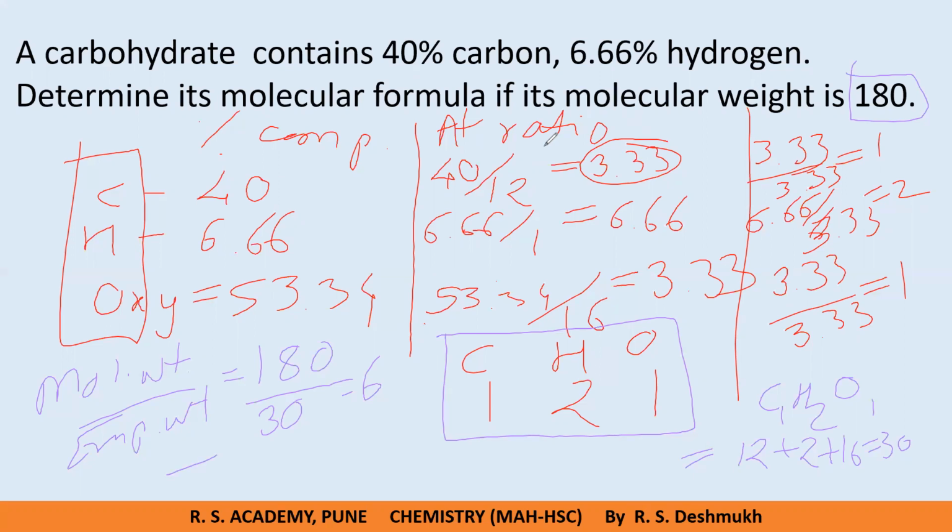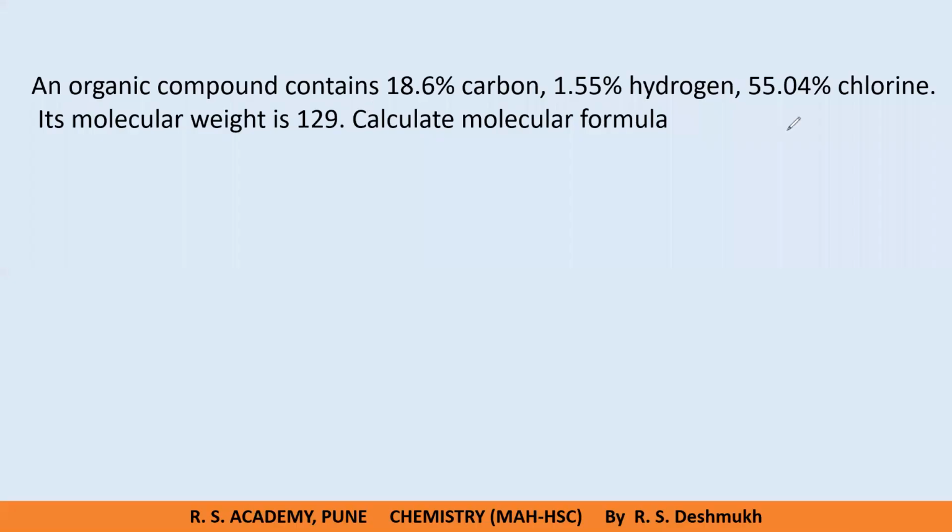But what is the molecular formula? I don't know. But I know the empirical formula. What is it? That is CH2O. So that will be 6 into CH2O, and what is that equal to? It is equal to the molecular formula. So here I can say this is the molecular formula. So how much will it become? It will become, dear friends, C6H12O6. So this is the method to determine the molecular formula from the percentage composition given in any problem.